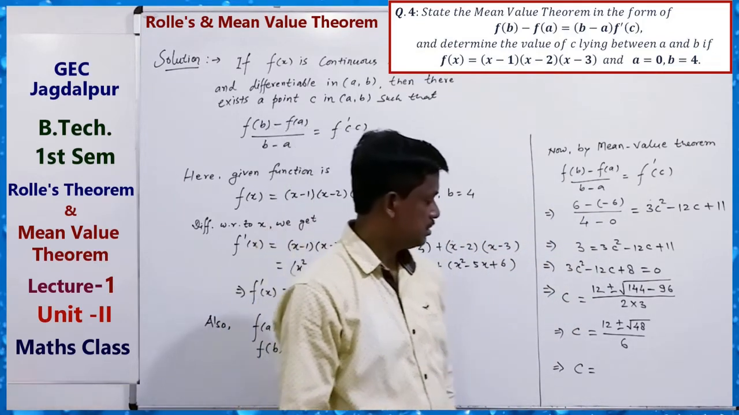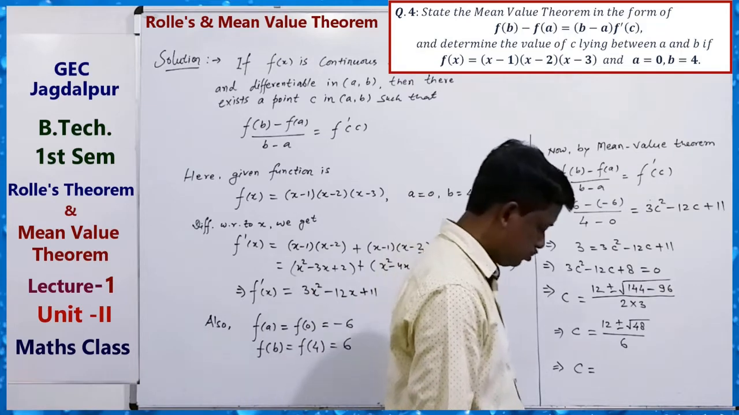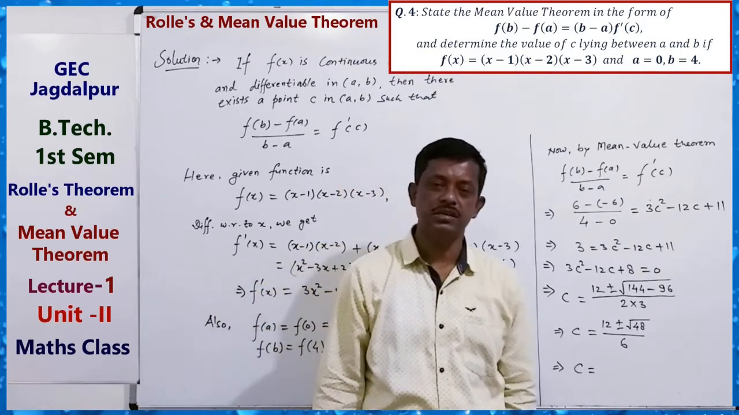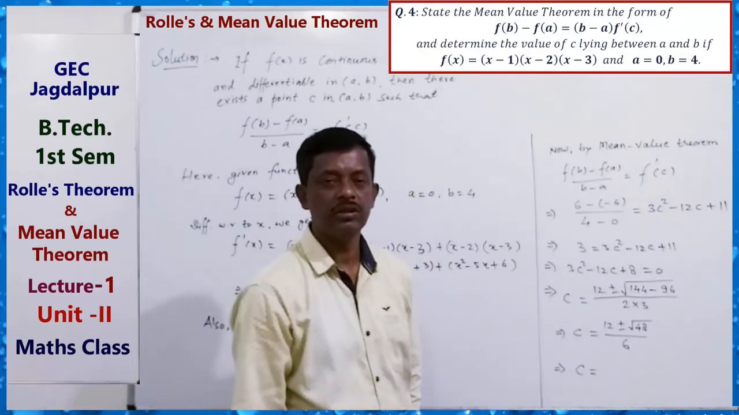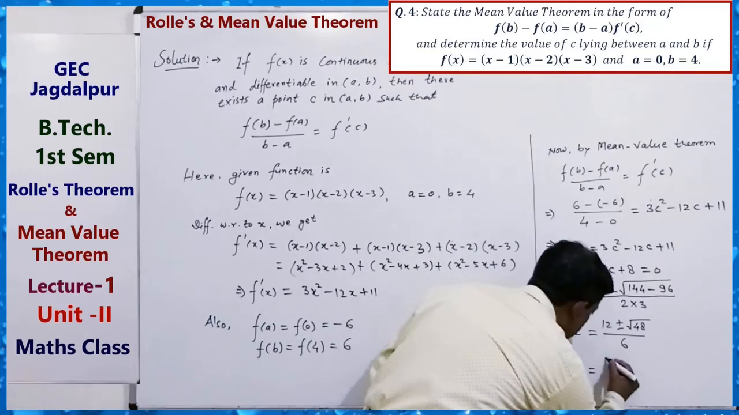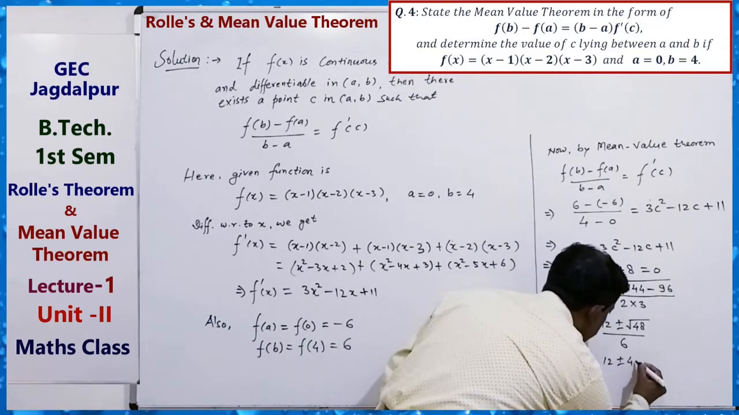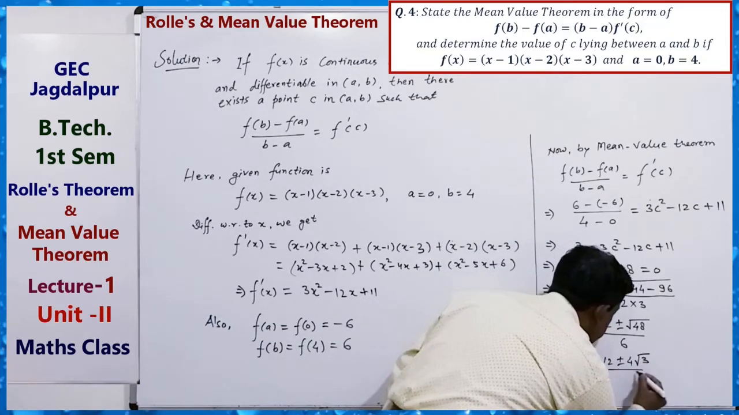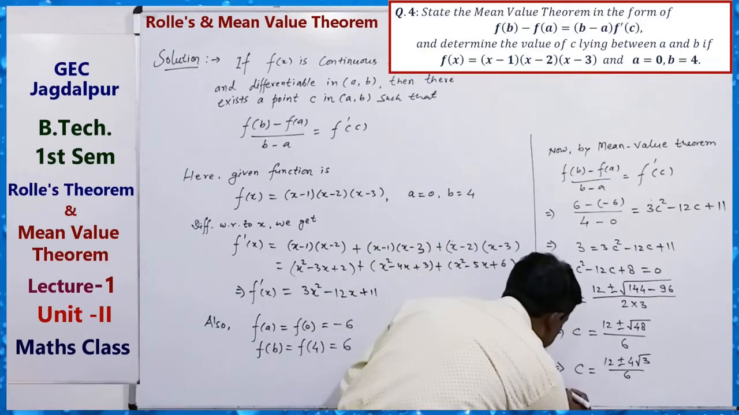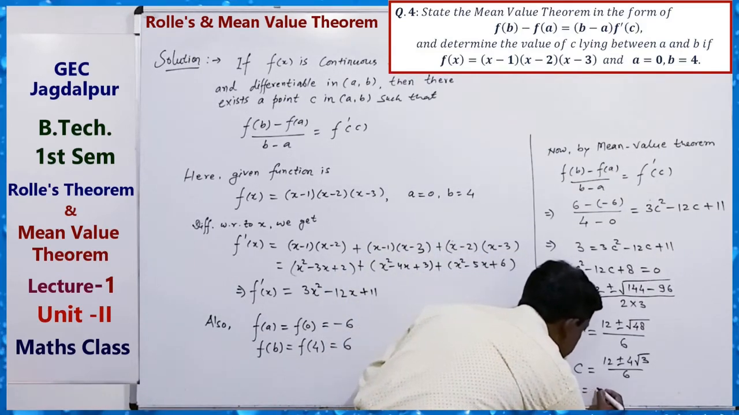Here 48 can be written as 3 into 16. So 4 root 3. So 12 plus minus 4 root 3 upon 6, divided by 2. So what can we get? C equals just 2 plus